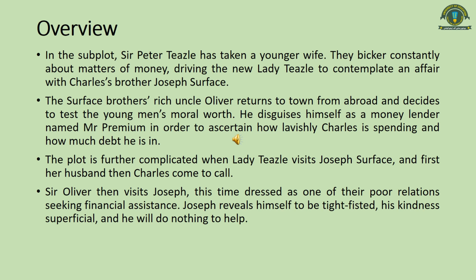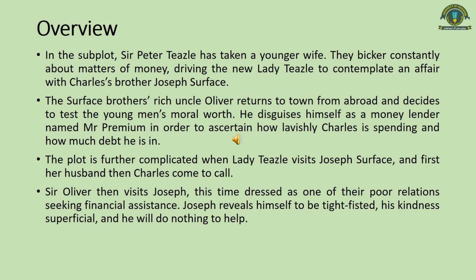He takes the decision to test the young men's moral worth, to know their moral values, and he disguises himself as a moneylender named Mr. Premium in order to ascertain how lavishly Charles is spending and how much debt he is in. Charles is prepared to sell all his family portraits,